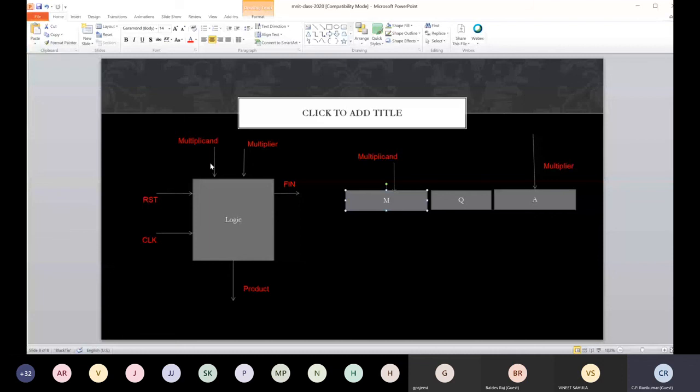So at the end, we want the product to be sitting here. Remember, if you have an n-bit multiplier and an n-bit multiplicand, the product will be 2n bits. So we have an n-bit register called A, and an n-bit register called Q. So maybe I should load this in Q. I'll call this Q and I'll call this A. The tradition is to call this the accumulator.